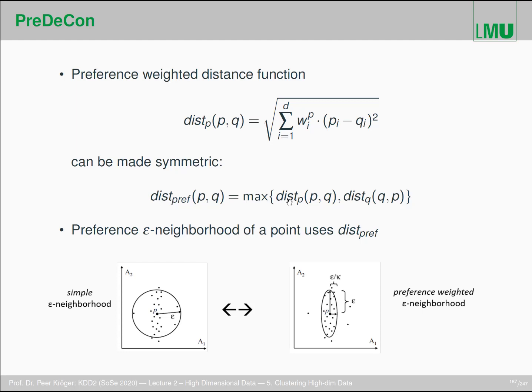Yeah, and if you have defined this distance function, what follows is basically nothing else than running DBSCAN with this distance function. And there's some kind of syntactical sugar here. So you define the preference epsilon neighborhood of a point using this preference distance, which is basically something like this here. So this is the simple or the original epsilon neighborhood, and the new preference neighborhood comes down to some